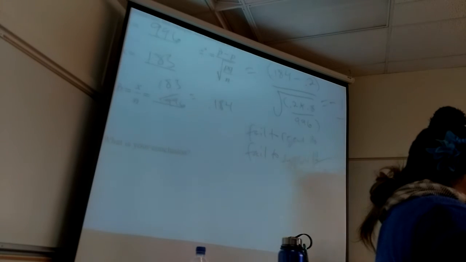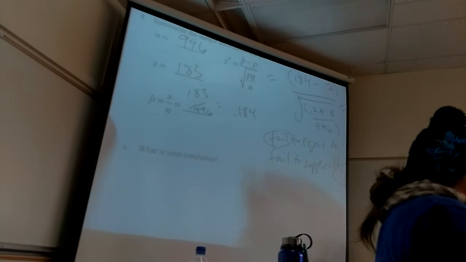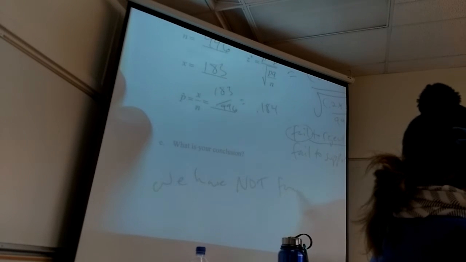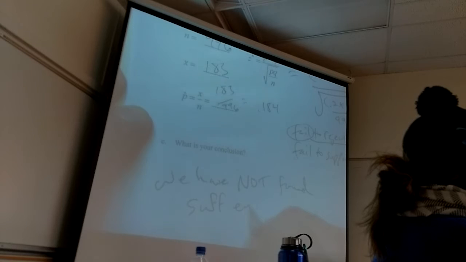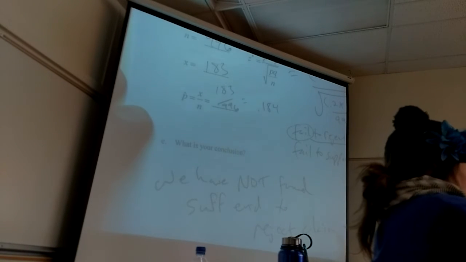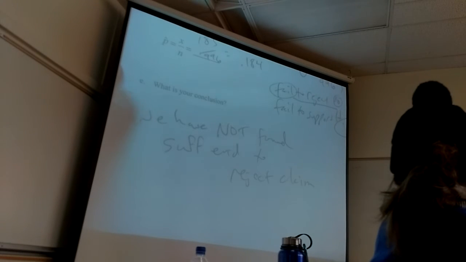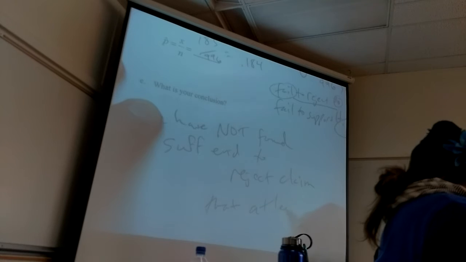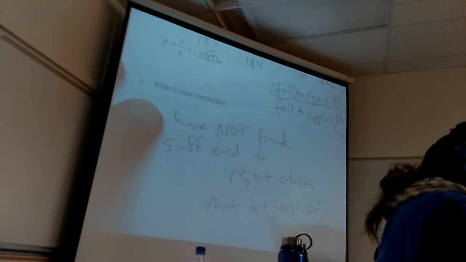So again, how do we write that conclusion? We have not found sufficient evidence to reject the claim. And again, the claim is the null hypothesis. So I want to use this language here. We have not found sufficient evidence to reject the claim that, and just copy, like you always desperately want to, the claim that at least 20% of Americans opposed